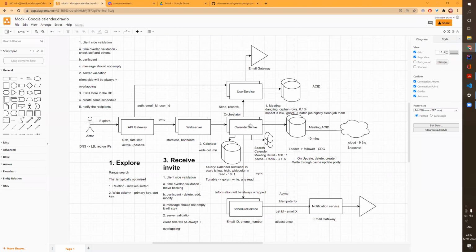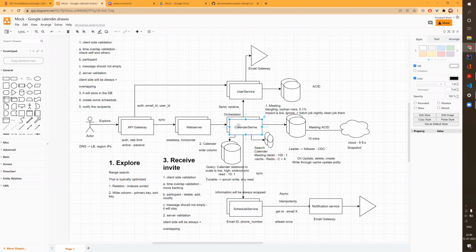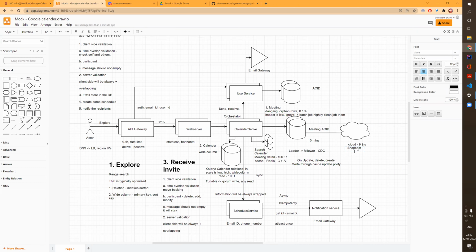In a more fine-grained view, once the client validates the request, it will come here, and the calendar service will first create the entry in the meeting DB. This is a meeting DB which we are also taking a snapshot of every maybe 5 minutes. So the next step would be